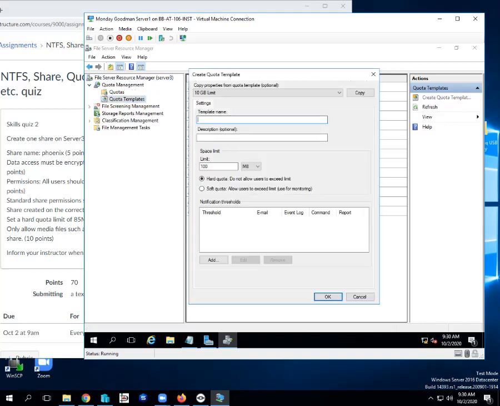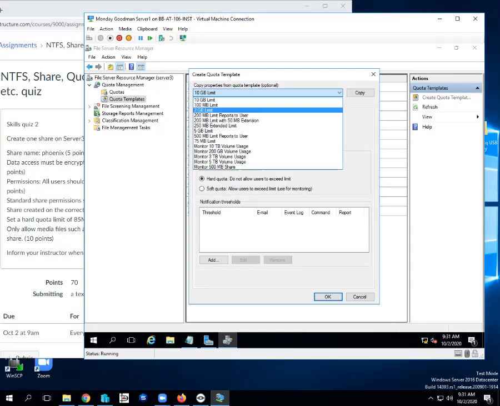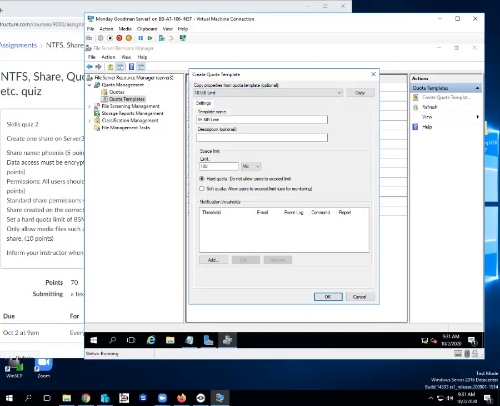I'm going to name it 85 megabyte limit. I'm going to find something here, the 10 gig limit's already there. Copy some existing quota that's got a limit set.